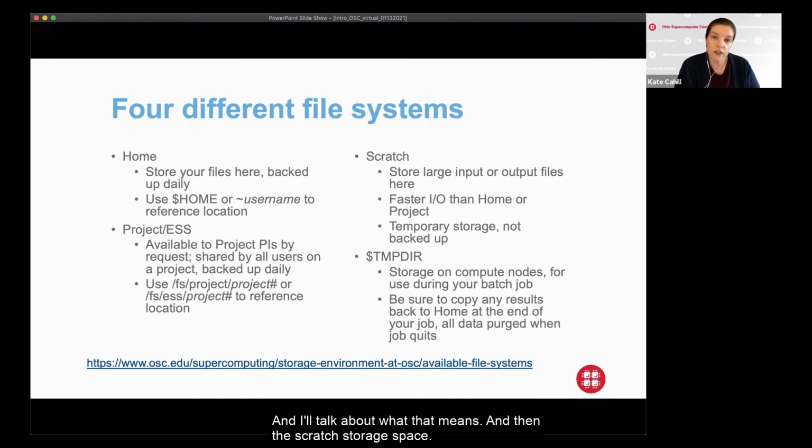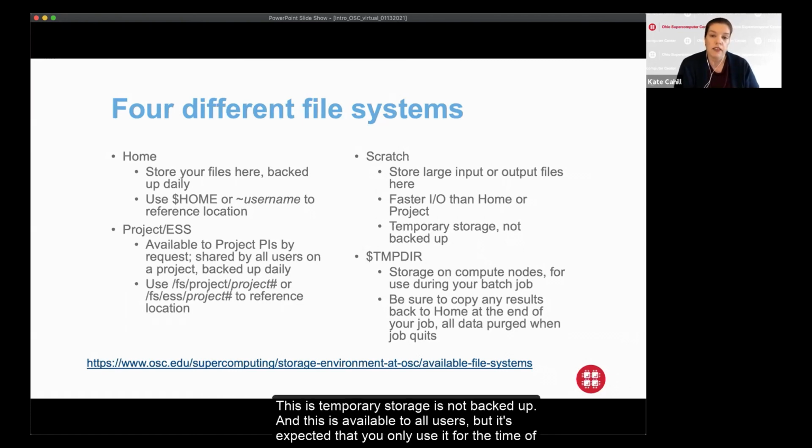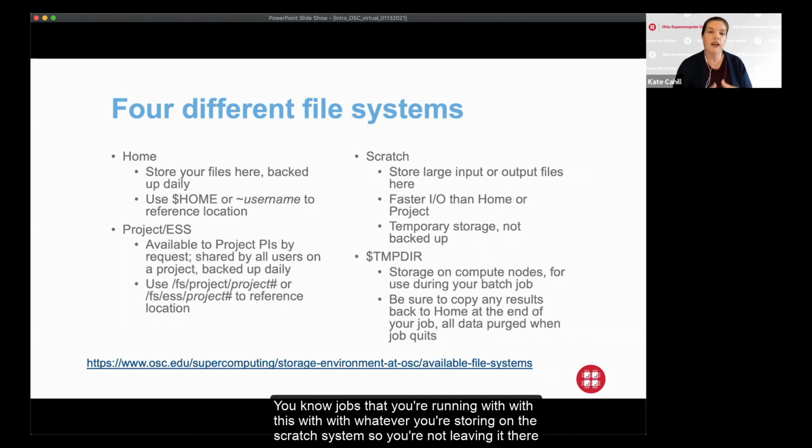And then the Scratch storage space, this is temporary storage. It's not backed up. It's available to all users, but it's expected that you'll only use it for the time of your active jobs that you're running with whatever you're storing on the Scratch system. So you're not leaving it there indefinitely. If you need it for a few weeks, that's what it's there for.